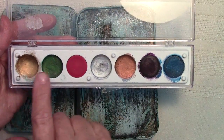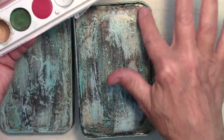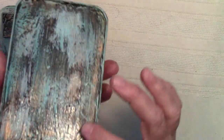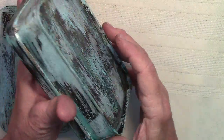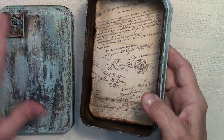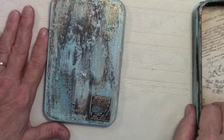So I've used the gold here, and I just rubbed my finger around in it and then rubbed over the different parts. It really just kind of highlighted and brought out some of the texture on there, and I like the way that looked. So what I'm going to do now is take some of the things that